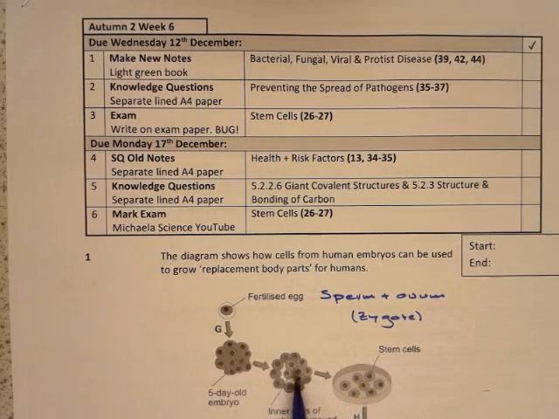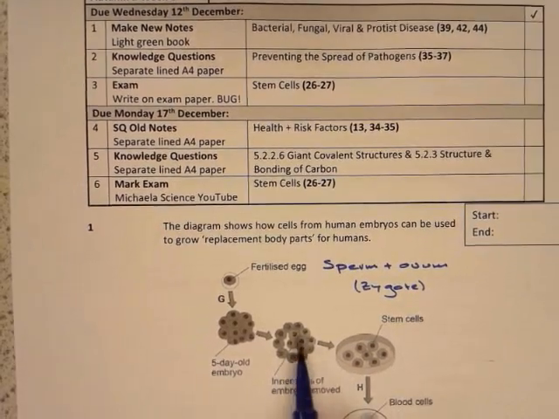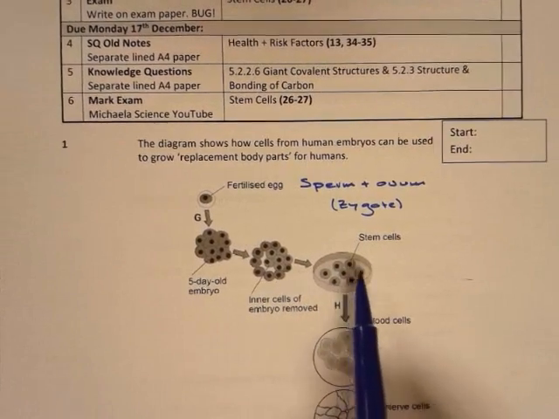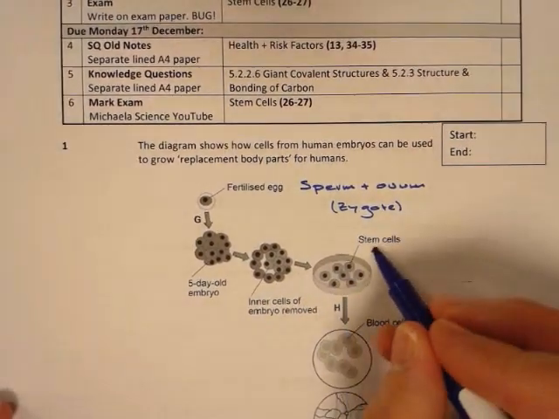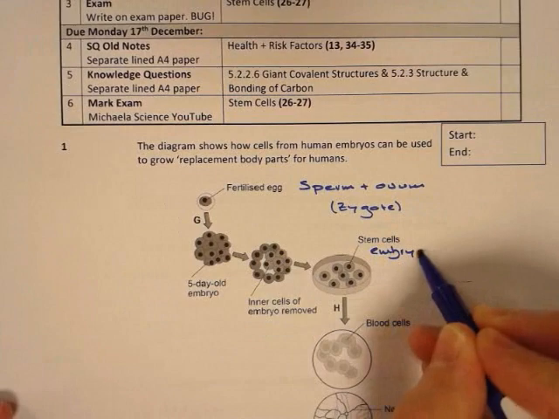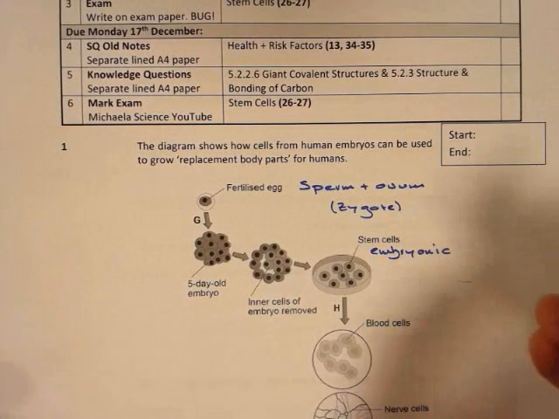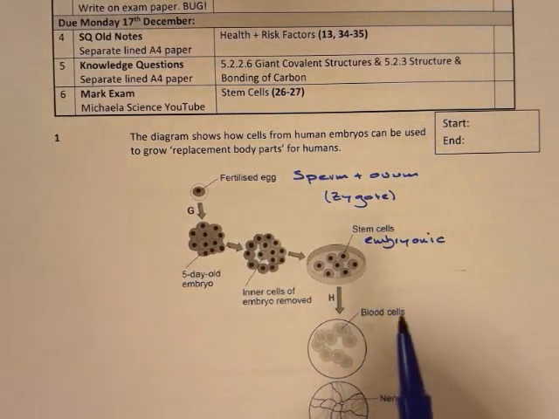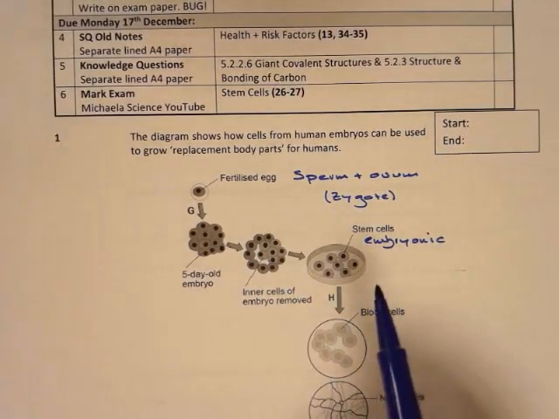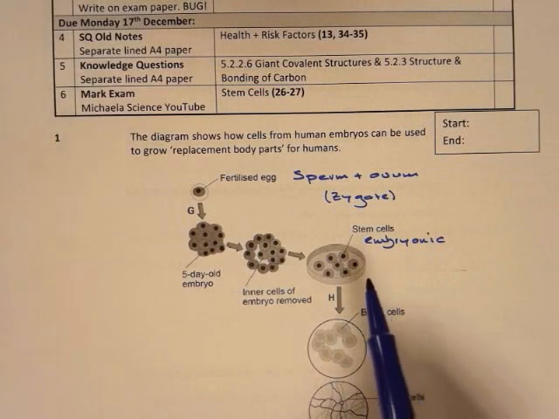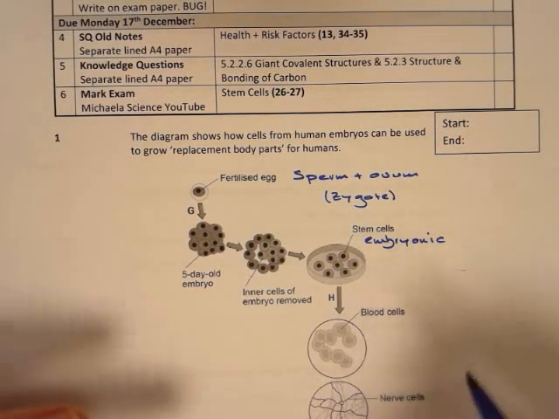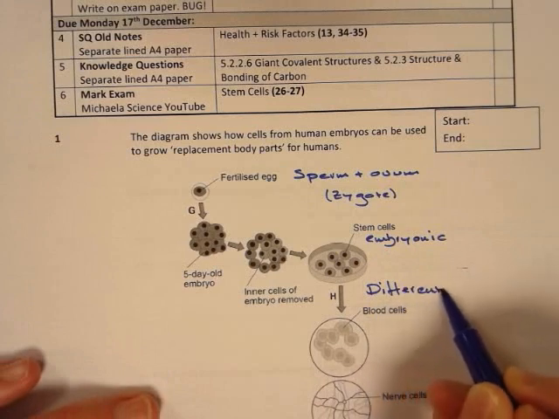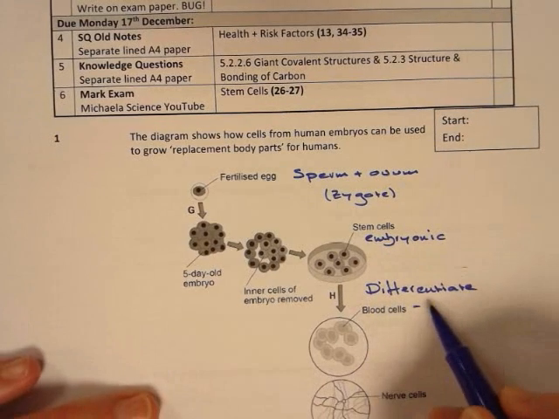As we get down to here, you can see some of the inner cells of the embryo are removed, and those are what we call stem cells, embryonic stem cells. Obviously called embryonic stem cells because they come from an embryo. Now you should be familiar with the fact that stem cells are able to differentiate into any type of specialized cell. So the term differentiate means to, I'll just write that down for you, differentiate means to specialize,